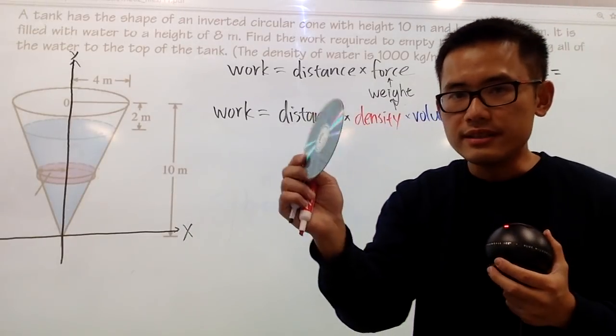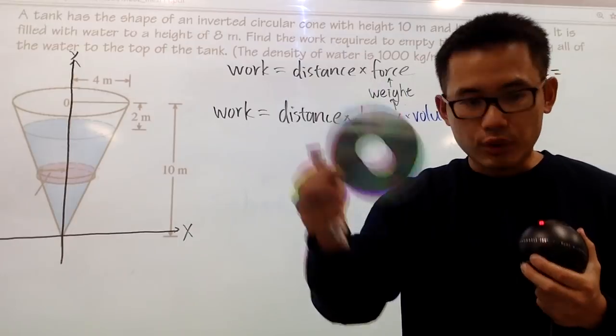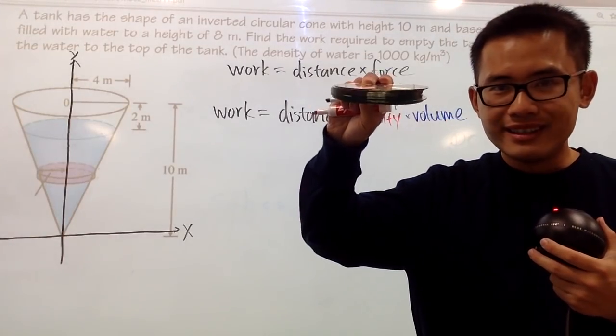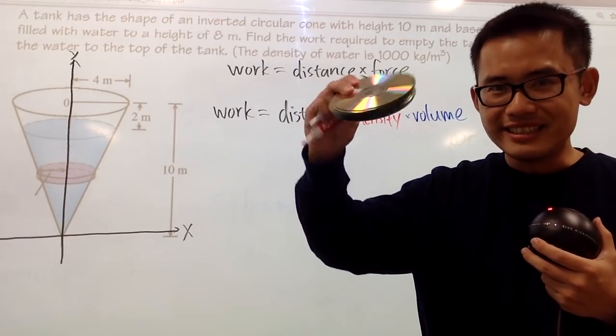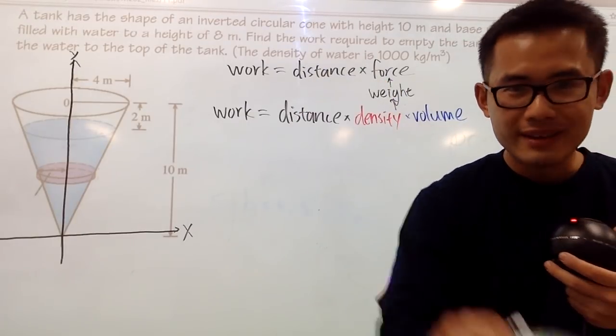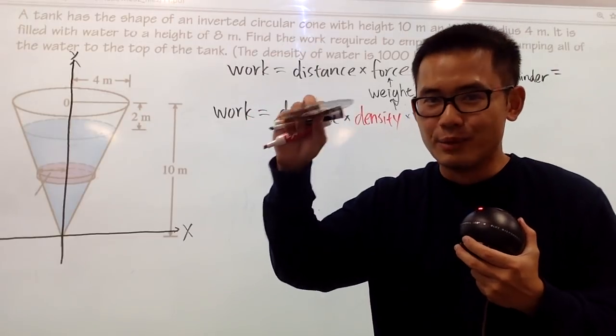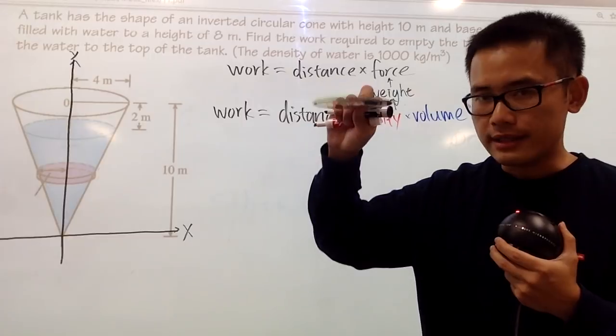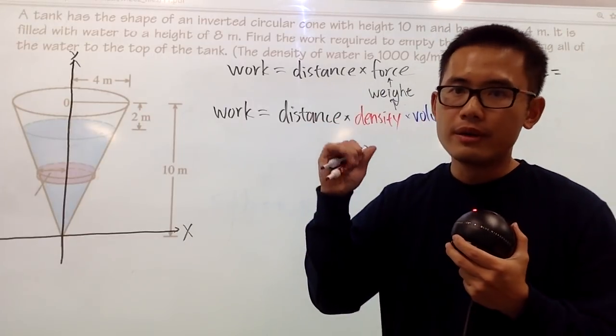Because if you don't think this is a cylinder of one CD, it's okay. How about when I have a bunch of CDs, and now you can see that this is a cylinder, right? And when you just have one, this is of course still a cylinder, but it's just smaller. Anyway, to calculate the volume of this disk, the CD, we need to know the area, which is pi